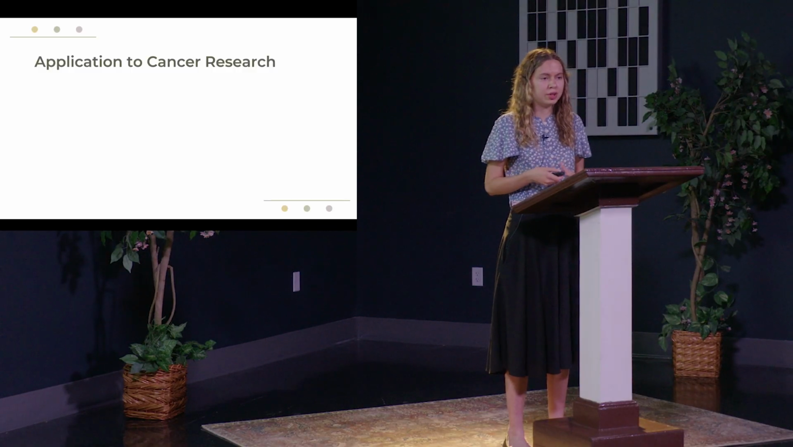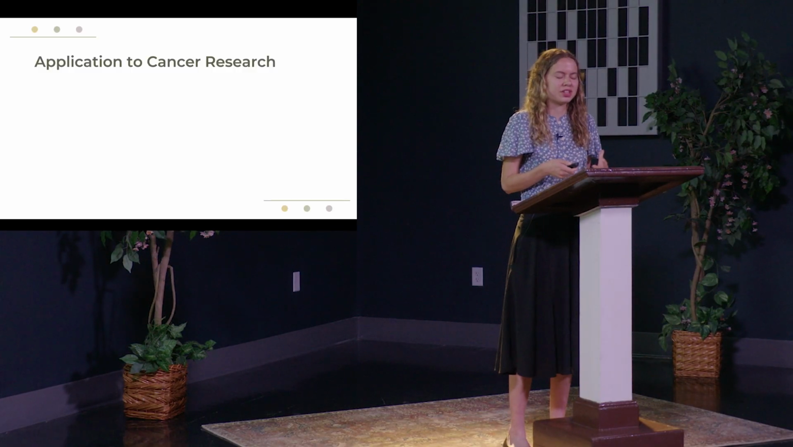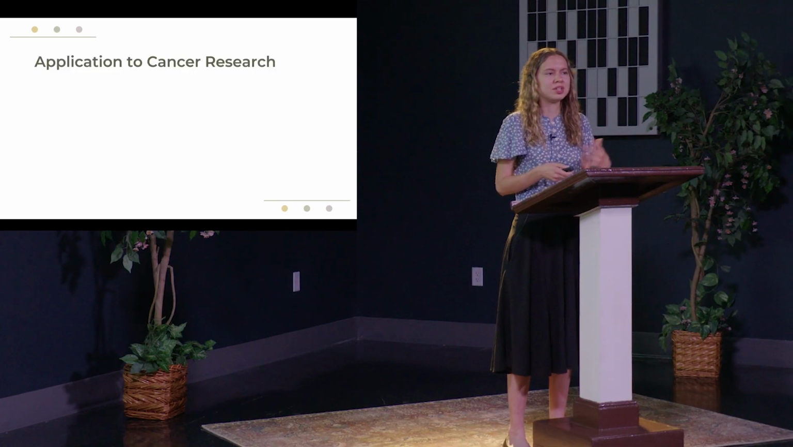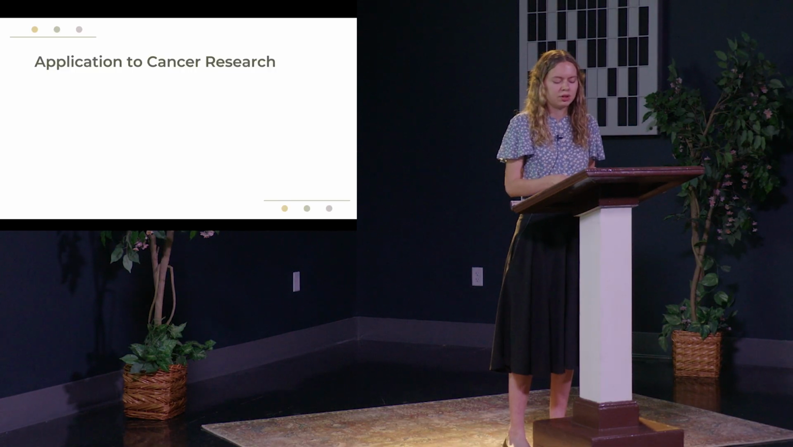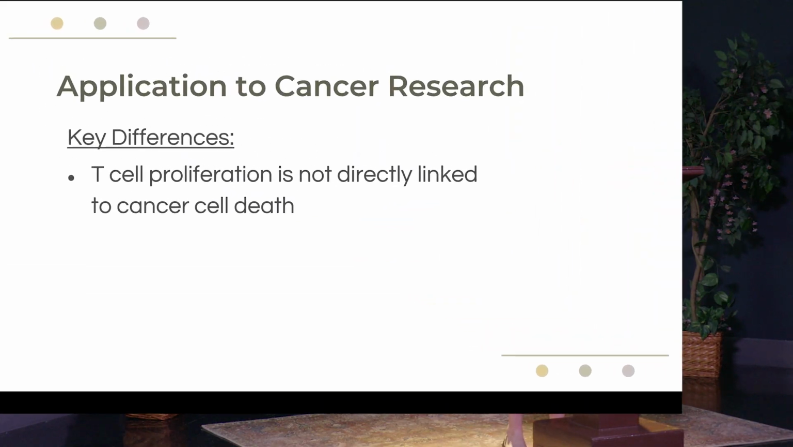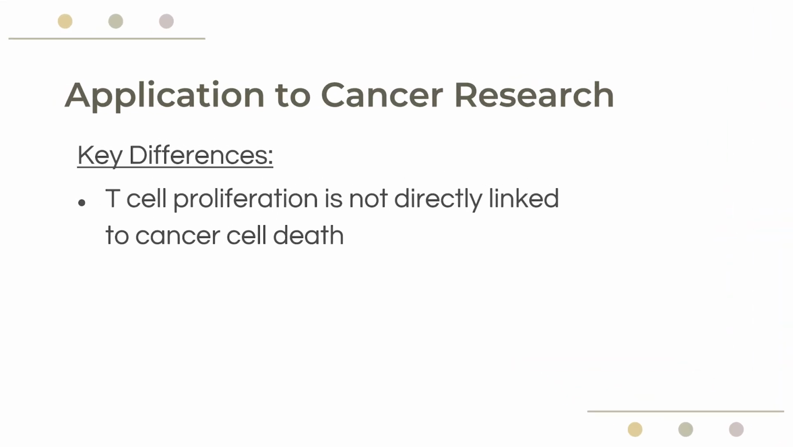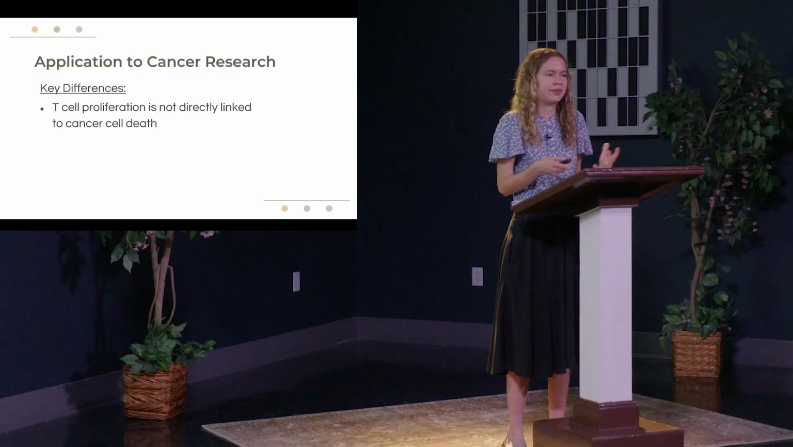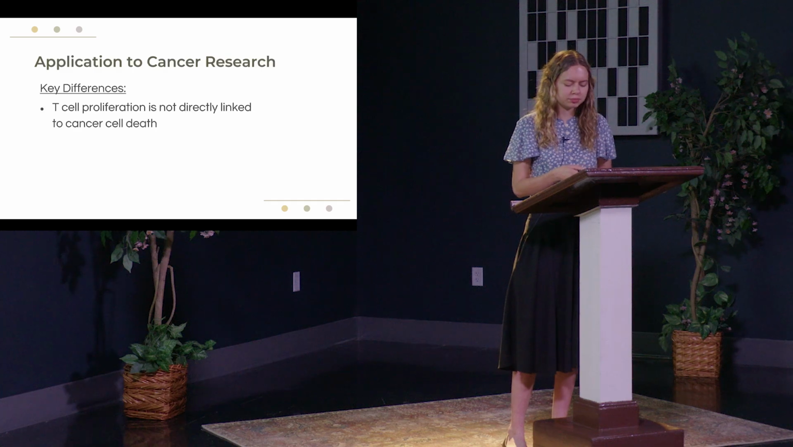And so these two interactions, the predator-prey interactions and what I'll call the tumor-immune interactions, do have a lot in common, but clearly they're still very different contexts, and that does lead to some key differences I want to highlight. First off, T-cell proliferation is not directly linked to cancer cell death. This is unlike predators in nature, whose growth rates are entirely dependent on how much prey they catch and consume,